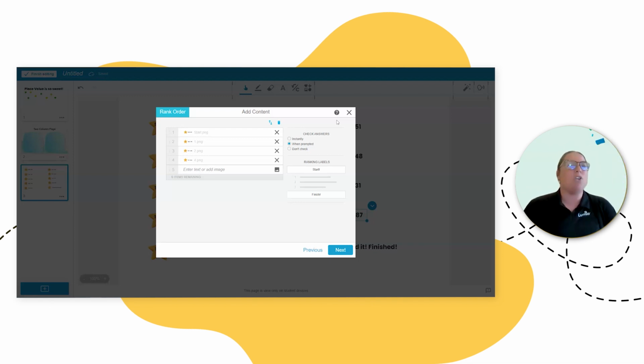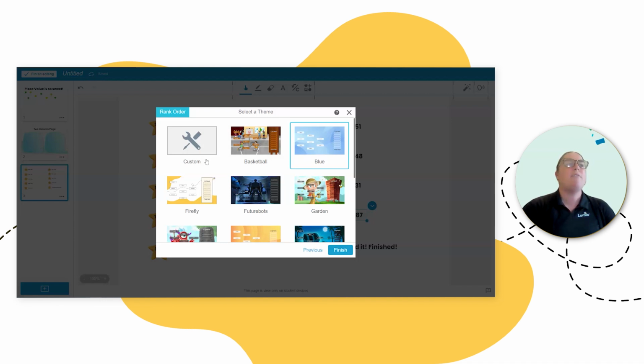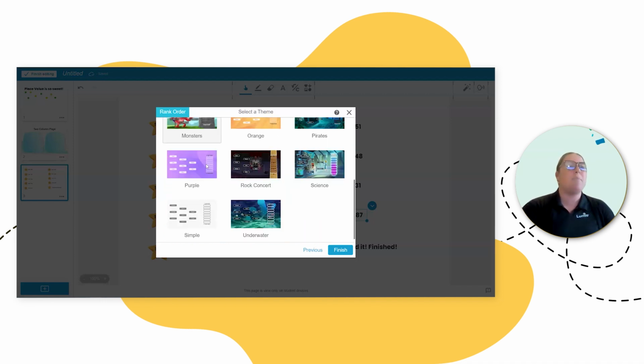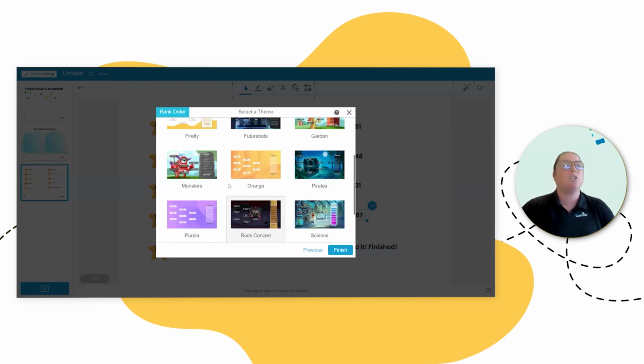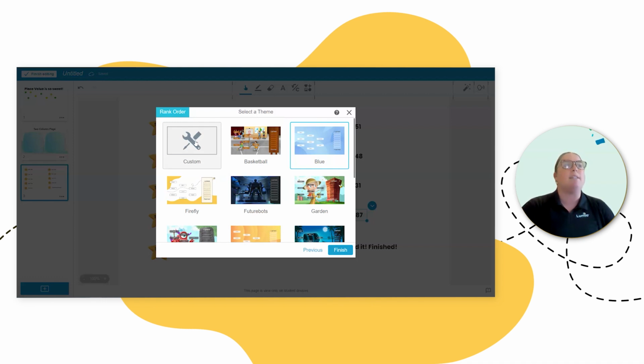So you might want to play around depending on the activity, what that looks like for a student. And then I would hit next. After I put all 10 in here, obviously, I would hit next. There's all these fun different themes that you can choose from. For the most part, I typically just use the themes, but you can say custom.